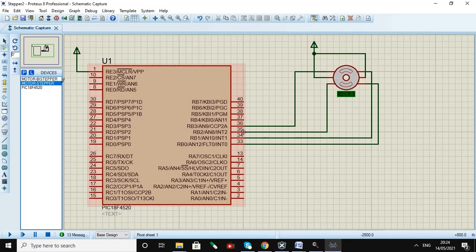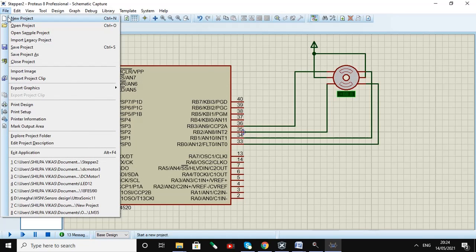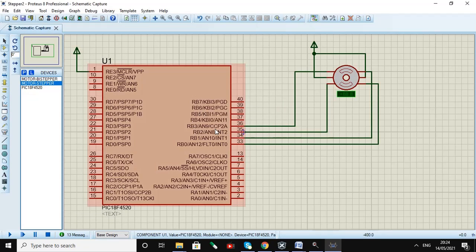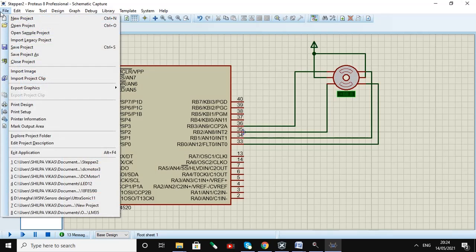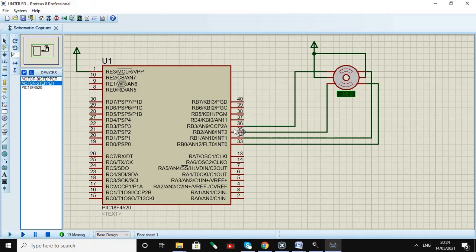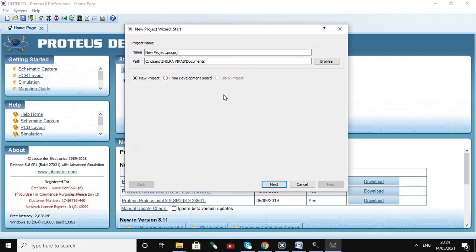Here is a previously done program. Now I will build another project. So this is New Project: File, New Project. Write down the name of the project here, stepper 4.